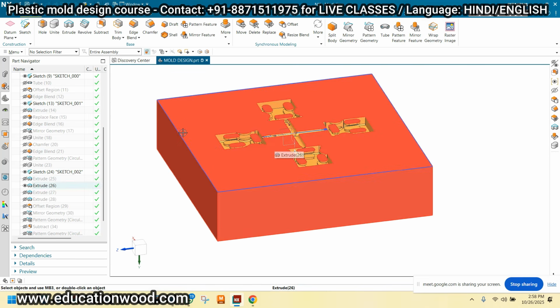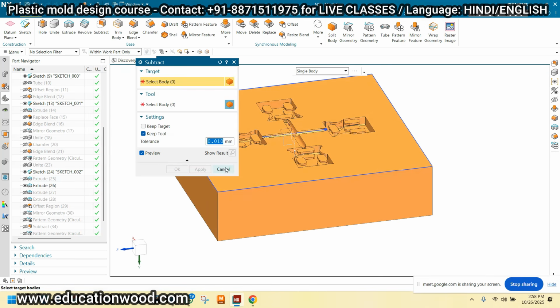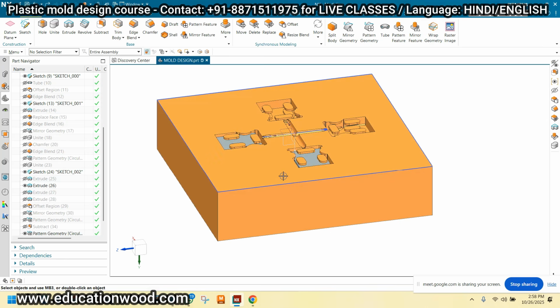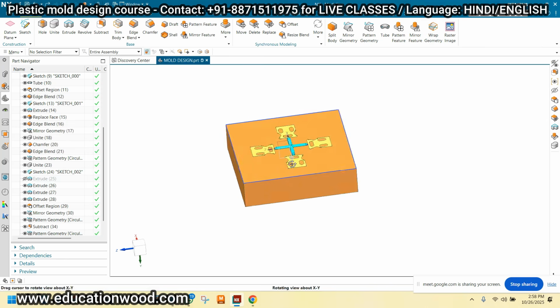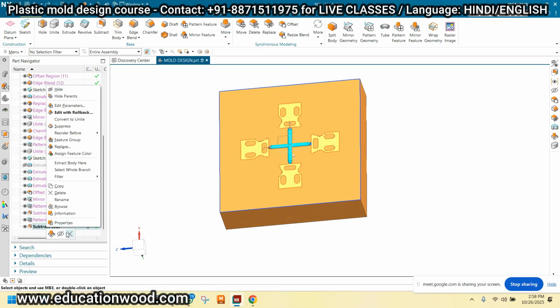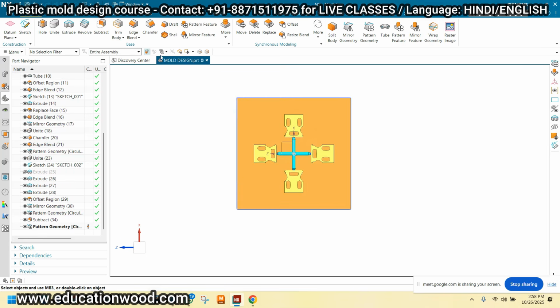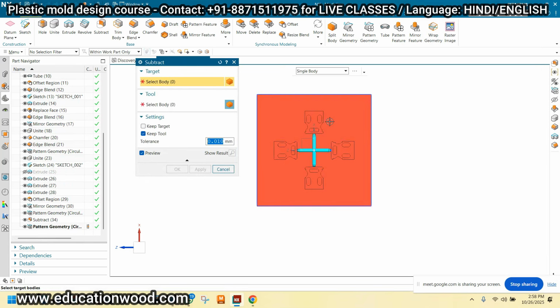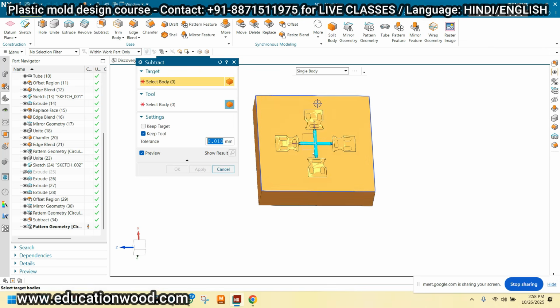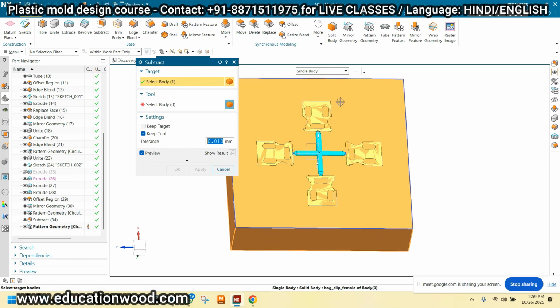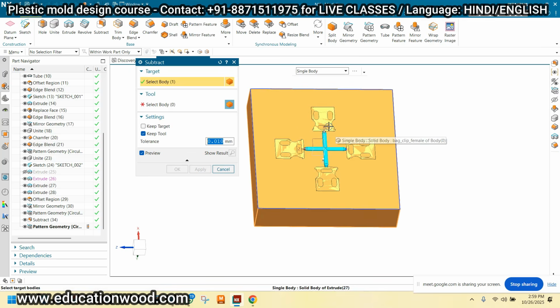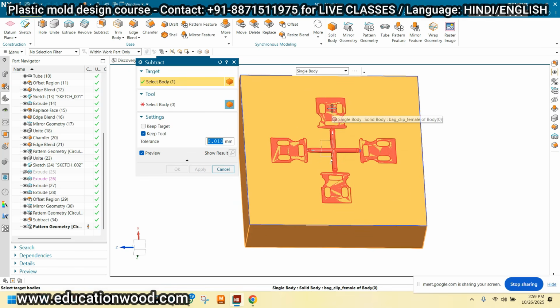Keep tool is nothing but while you are subtracting something. For example, this is the selected body, and you want to subtract this tool. It means if you are subtracting this, it will not be invisible from here.